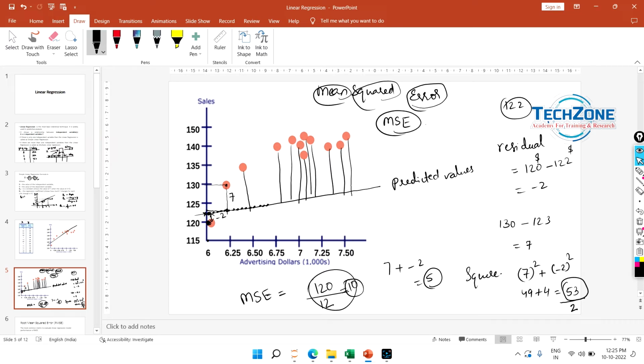But in finding mean squared error, what we did is we squared these values, right? That means this 120 was a dollar. See, this 120 is money. Let us consider that in dollars, and this 122 is also in dollars. So when you subtract $120 minus $122, we'll get minus $2. Same way, $130 minus $123 will give us $7, and we have squared those dollars, right? So this is $53